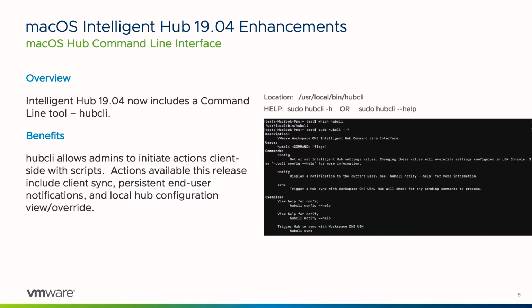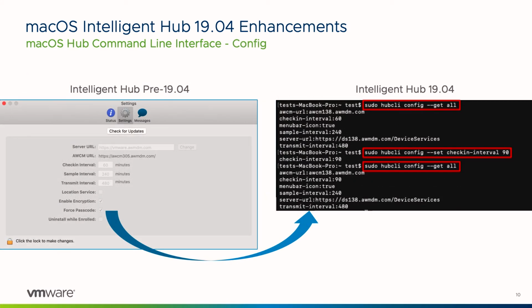So the first few commands that we've started with for this utility are sync, showing persistent notifications, and also some backend configurations that we used to have in the UI that really end users don't need to know about. So the first one is those backend configurations. Those used to be present in this old pre-1904 UI, and probably no one ever touched them. They were mostly used by troubleshooting scenarios where support needed to change something just to see if we could get any clues about some issue that was happening. So we've moved that stuff out of the UI into Hub CLI config,